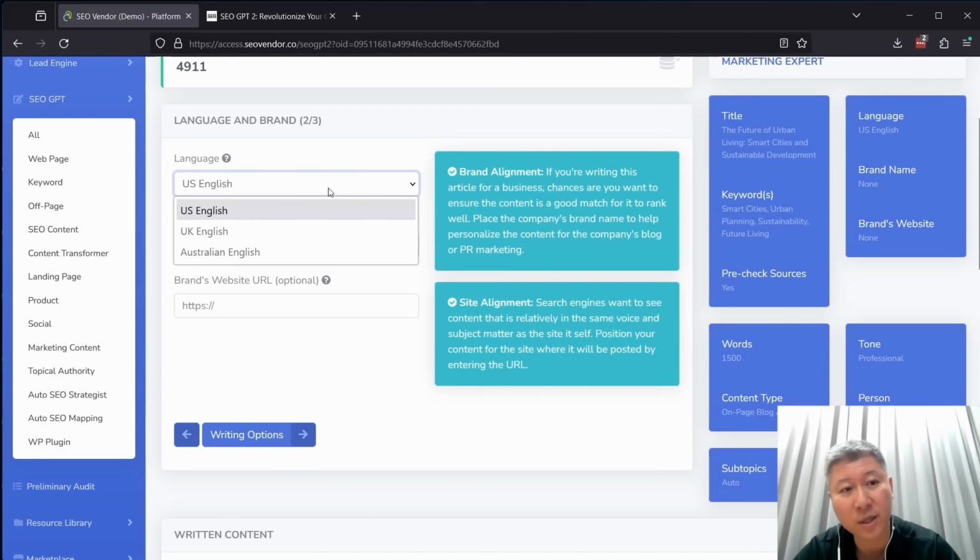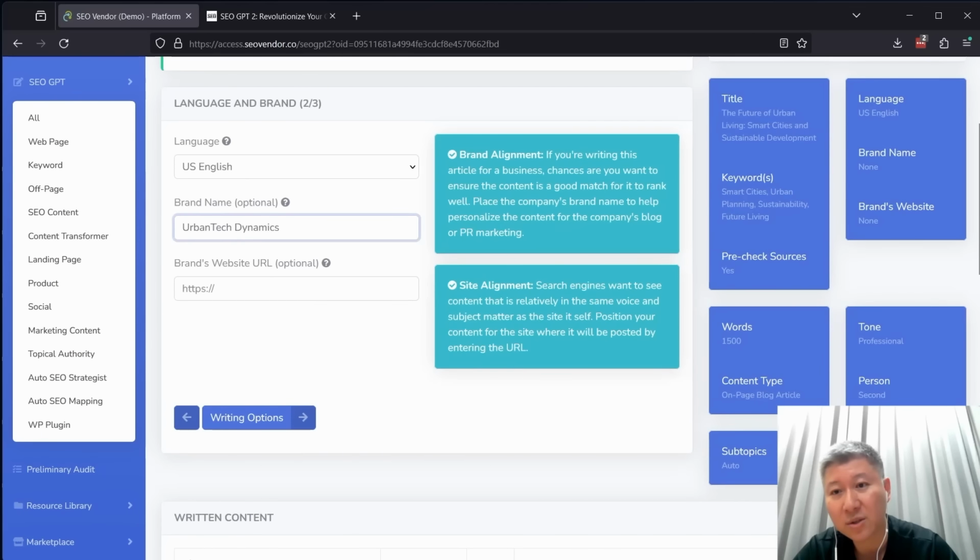To start off with, we currently only have 3 languages available. It's either going to be US English, UK, or Australian-based English. Those are the only 3 options. And later on, we plan to support other languages as well. We're going to put in some hypothetical